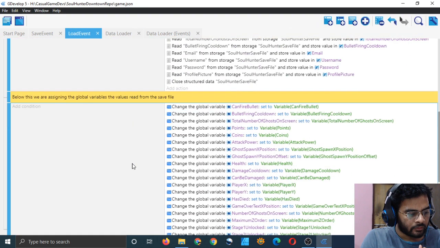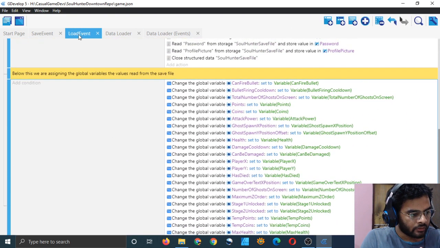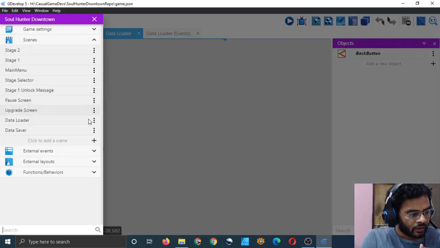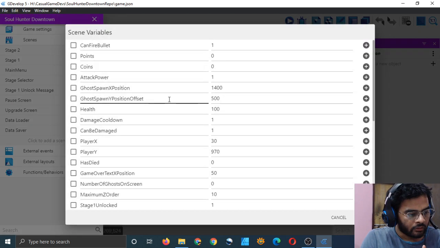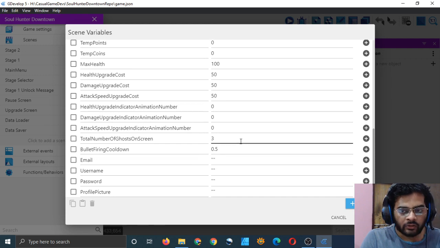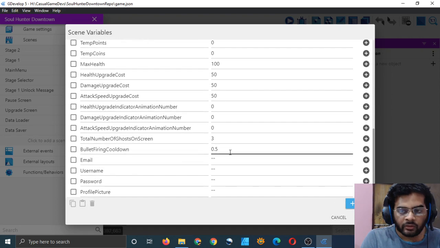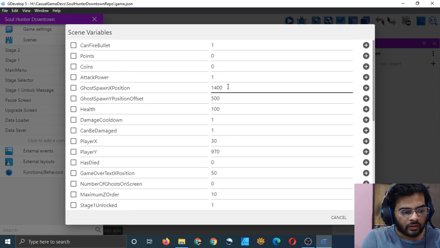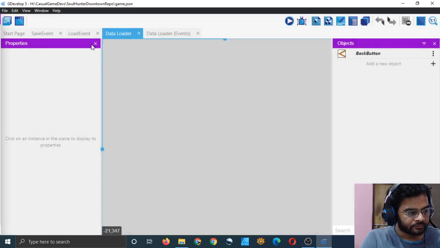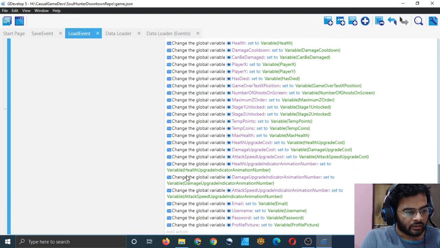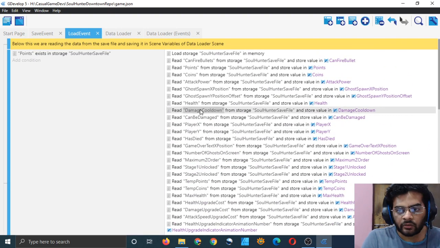Let it be this way only because by default our scene has the default values in all the variables, right? In our scene variables also we have all the variables, but they are at default value, and these default values are also present in global variables. So even if we are assigning the scene variables to global variables without opening the storage, suppose our storage is not present and we are opening the save file for the first time, we are loading it.